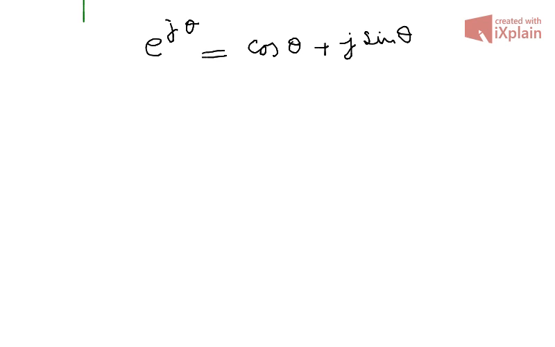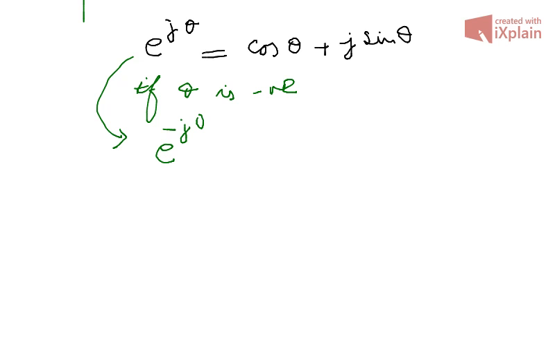If you substitute minus theta instead of theta, that is, if theta is negative, then this expression would be e raised to the power minus j theta, and you will have cos of minus theta plus j sine of minus theta,